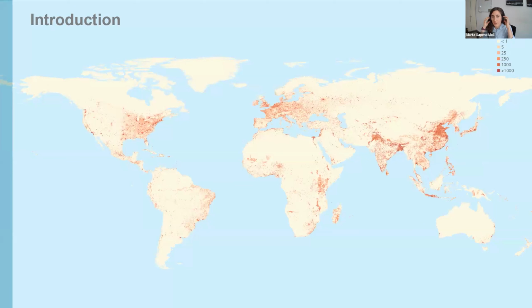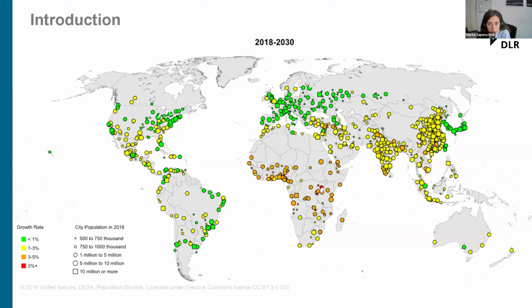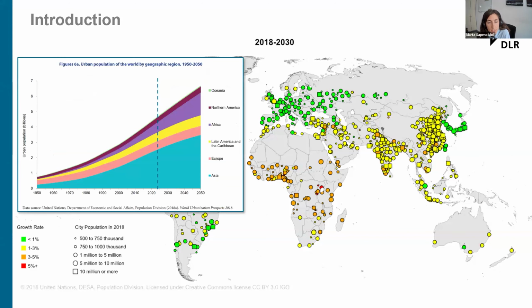As a bit of background to know why studying urban growth is important: since the beginning of the 21st century, urban areas are home to the majority of the population, and climate change or upgrading living conditions are two well-known factors of this urbanization process. The United Nations predicted that this imbalance between people living in urban and rural areas is going to increase in the coming years. However, urban population will grow much faster in Africa or in Asia, for example, which will put extra pressure and bring new challenges in these regions.